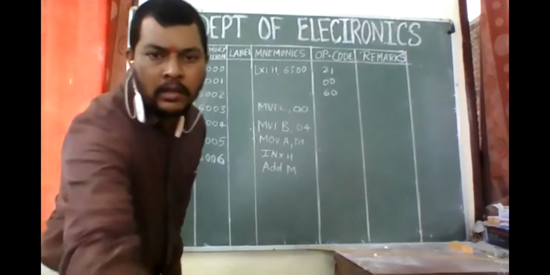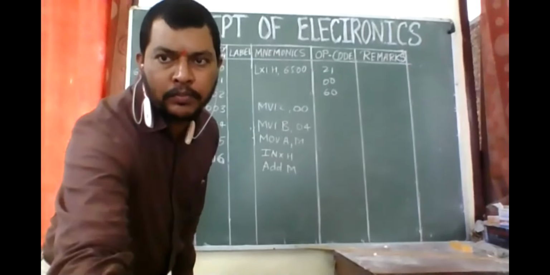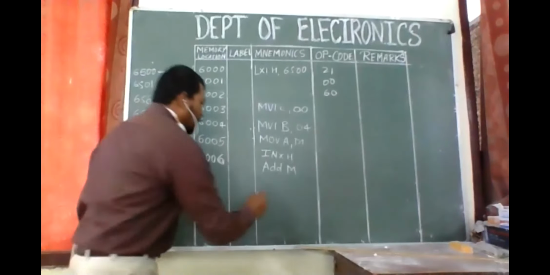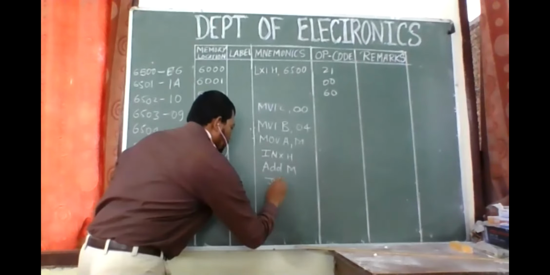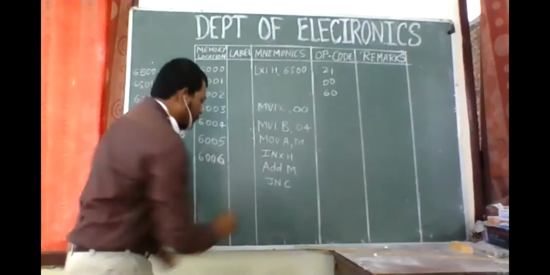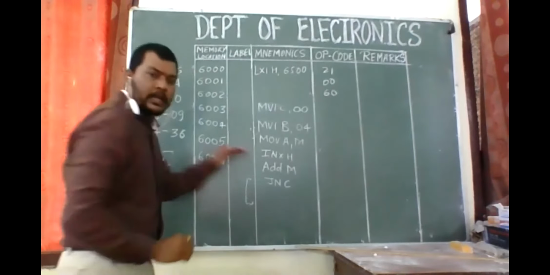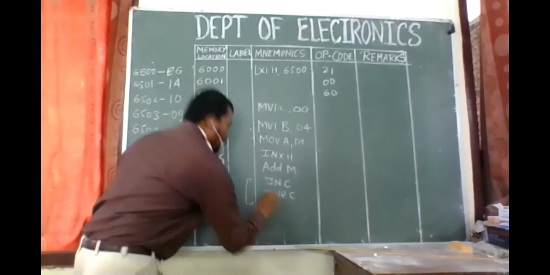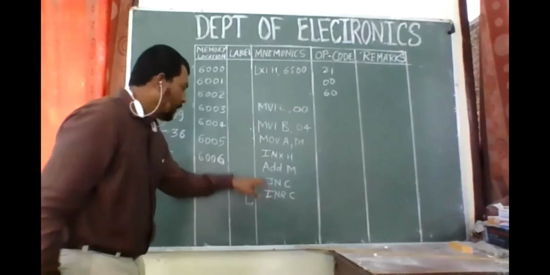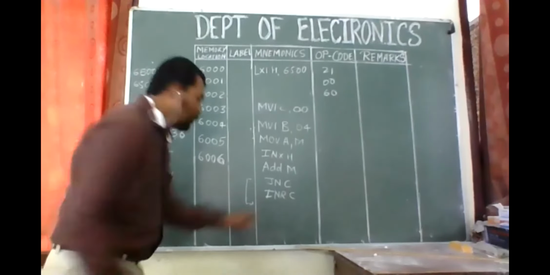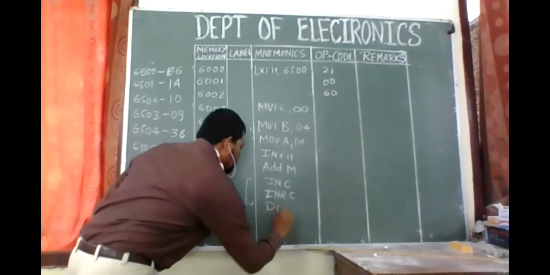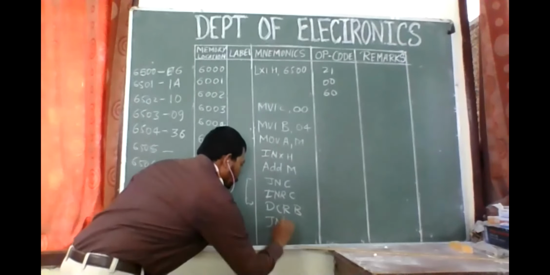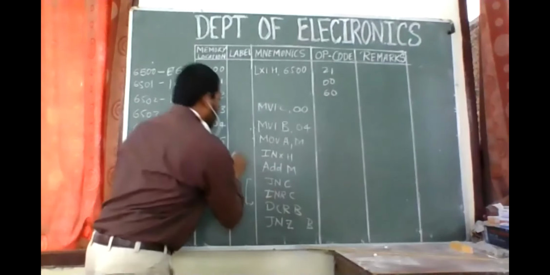ADD M करते बराबर क्या होगा, वहां पर कैरी जनरेट होगा. आई होप देयर इज ओनली वन मिनट लेफ्ट. तो ऐड M किया तो कैरी जनरेट होगा. If there is a carry then what will we do, jump if not carry, ऐसा वाला लगाते हैं और इसको हम लोग फॉरवर्ड जंप करेंगे. अगर कैरी है तो what we will do, we will increment INR C. So we will increment this register C to store the carry, and if there is no carry then jump to the next position, decrement B, DCR B, right. I hope it is visible. Jump if not 0 to back. तो back हम लोग यहाँ पे रखें.